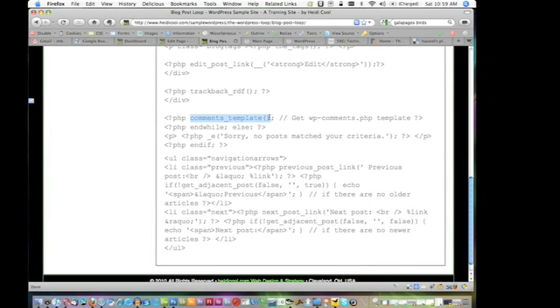I always Google WordPress Codex plus what I'm looking for. Right, it takes me right to the Codex. Their explanations are pretty good, but a lot of times you have to go through five pages. Anyway, they are good. And sometimes you find the answer in their discussion forums where someone has asked a question about something. I've also found that if the WordPress explanation doesn't make sense,